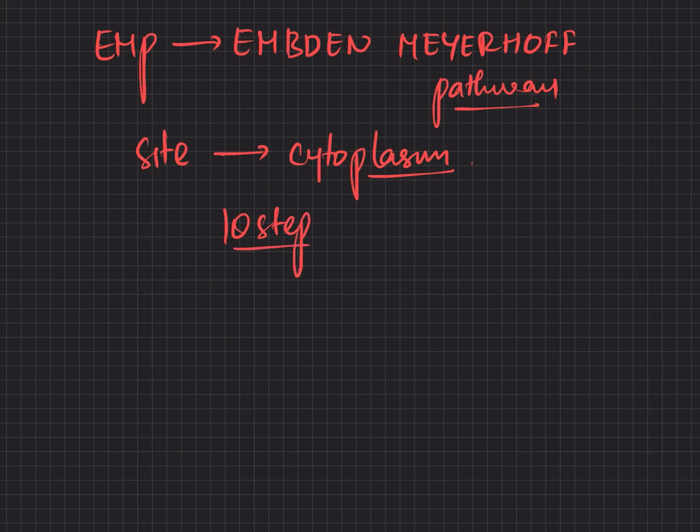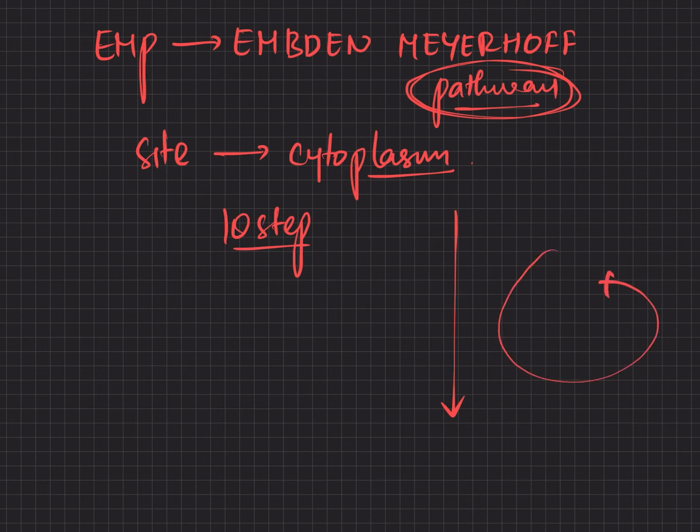I have mentioned here it's a pathway, not a cycle, so this cannot be regenerated. It's a pathway like this, a straight thing, not a circular thing. So this is a 10-step pathway. Now let us look into each step in detail and know how the energy is liberated from the glucose. Now the first thing, the first step,